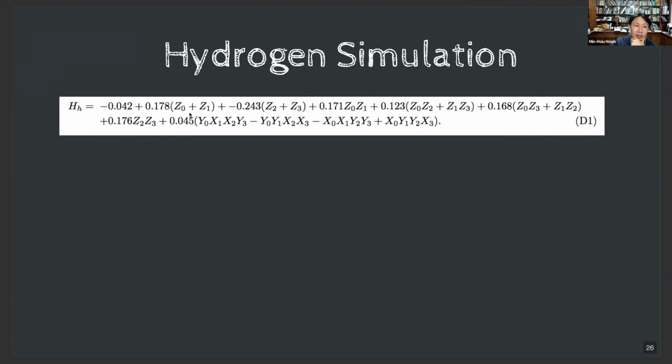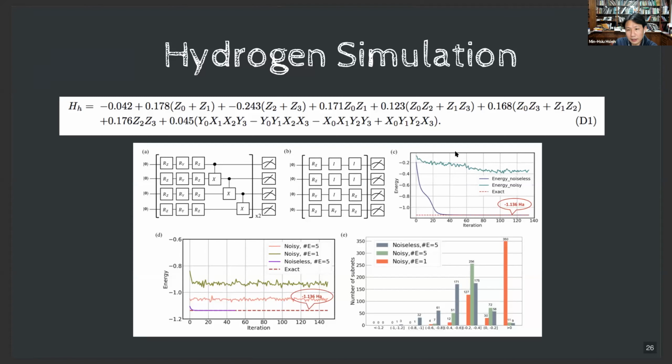So we pick a very simple toy model. This is hydrogen, H2, and we expand the Hamiltonian using the Pauli basis, and the goal is to compute the ground state, the lowest energy of this molecule. So we did the experiment. If you look at subgraph C,